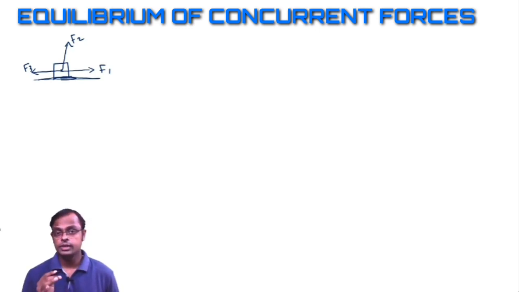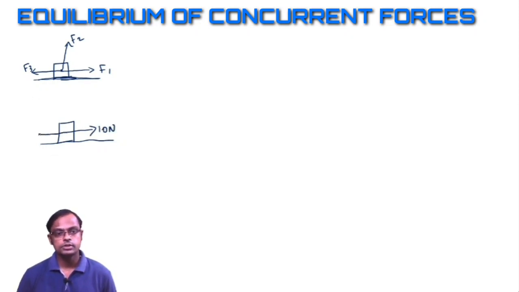Now let's discuss what is meant by equilibrium condition. What is that? A simple example. This is a body on the floor. Just imagine a person is applying 10 Newton towards the right. Maybe another person is applying 10 Newton towards the left. Two forces are acting on the same body at the same point. Here what is the resultant force? Definitely you can say the resultant force is equal to 10 minus 10, which is equal to 0.